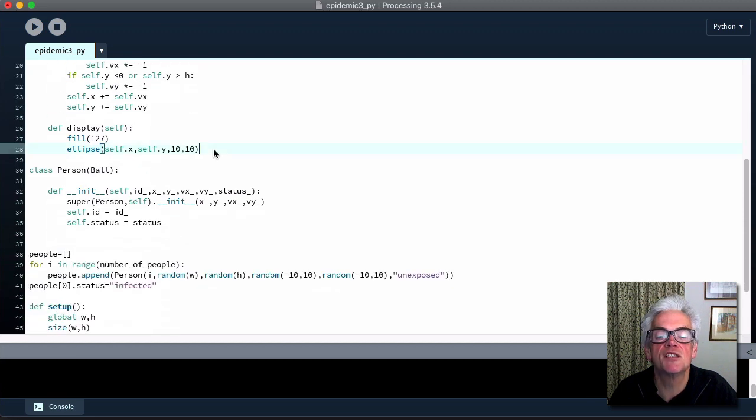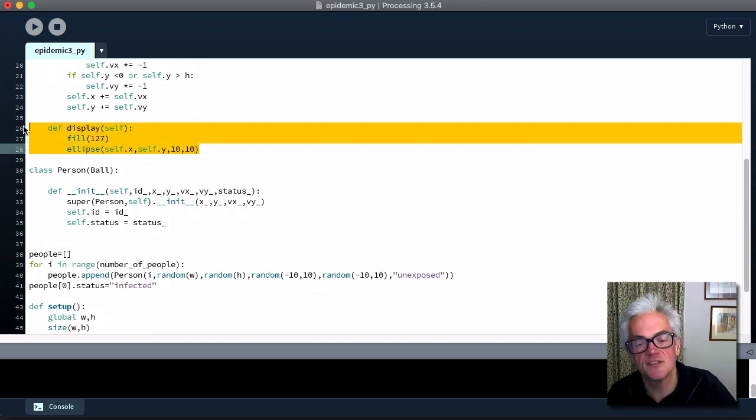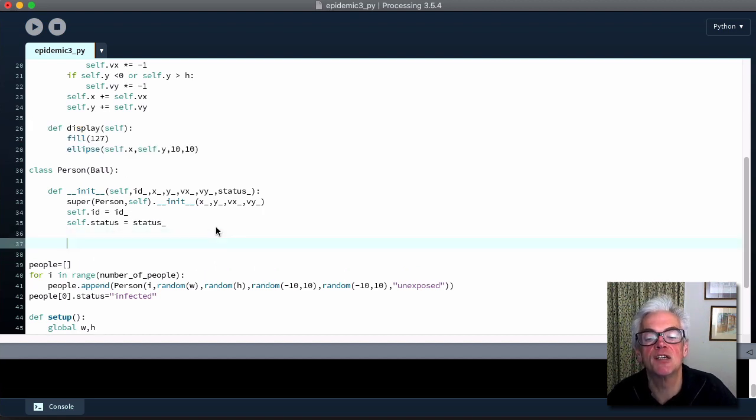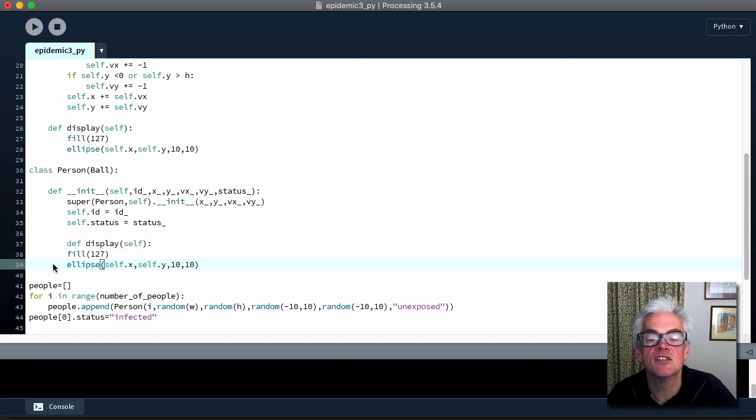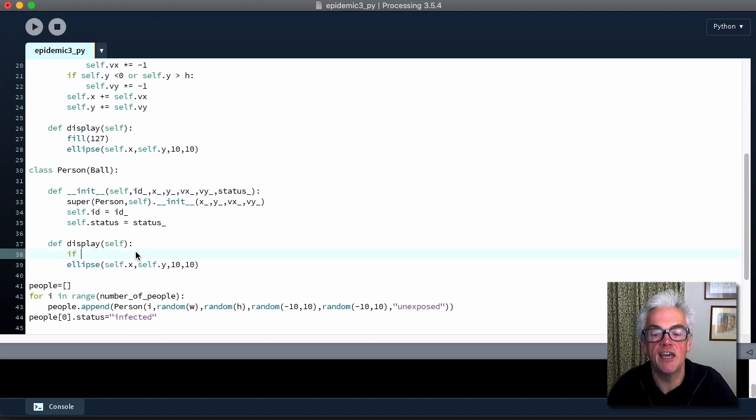So what I'm going to do is take my current display method for the ball, and change that when it's a person that we're displaying here. So I'm going to have now a new display method, which just applies to people, not to balls generally. And what we're going to do is color that in according to its status. So if self.status